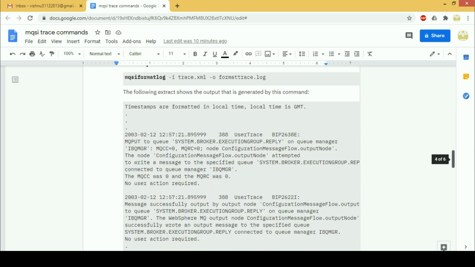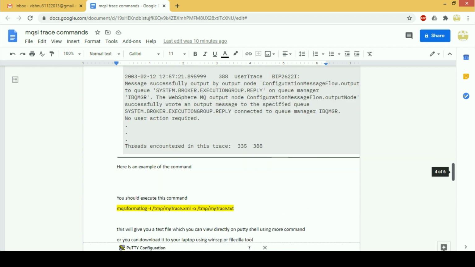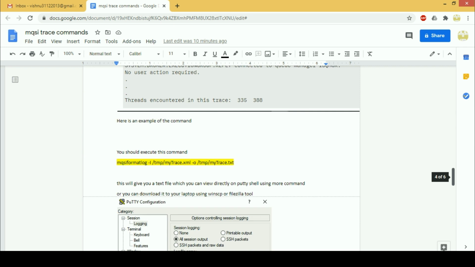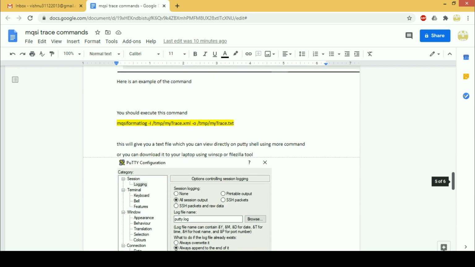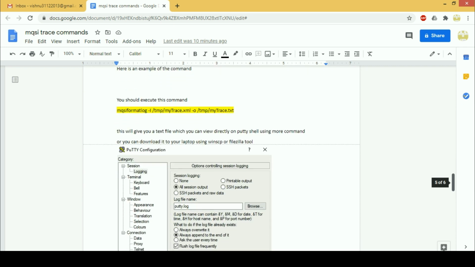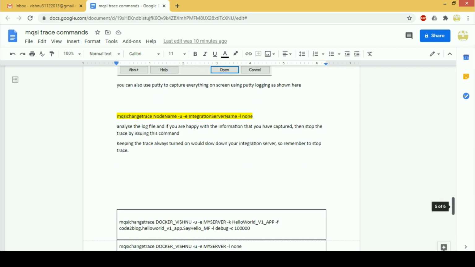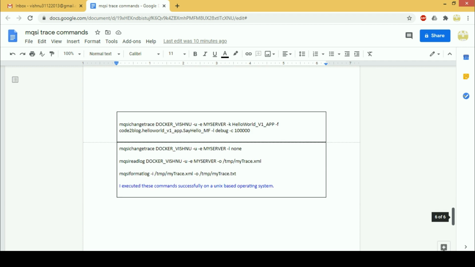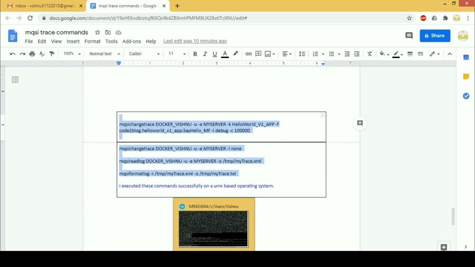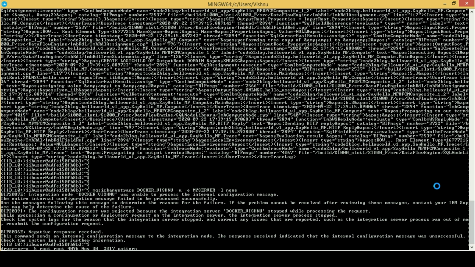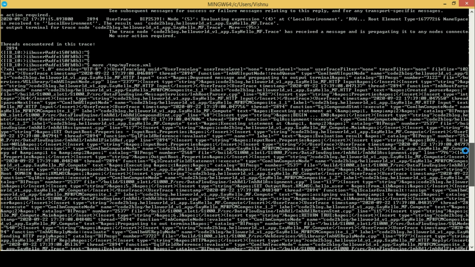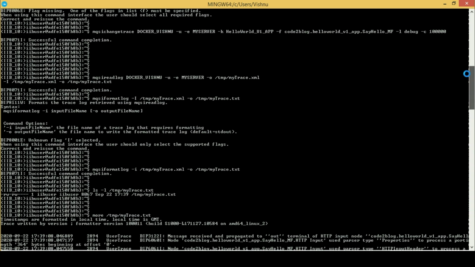These are the commands that you will have to execute. If you need a copy of this document, send me a message on YouTube or my Gmail ID and I'll forward it to you.